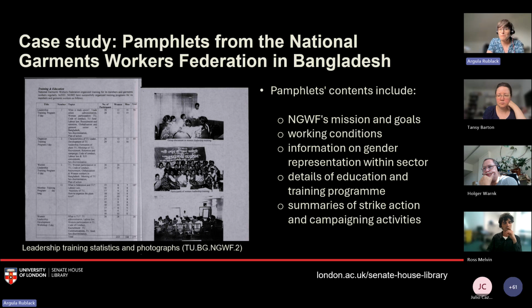Strike activities and campaigning causes take up the majority of the rest of the publication, and discuss a sense of the wide-ranging concerns around improvement of workers' rights present in the society at the time, including calls for increased wages, festival and holiday allowances, and workers' health and safety, amongst other matters.